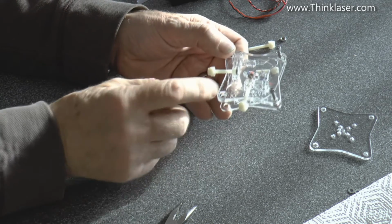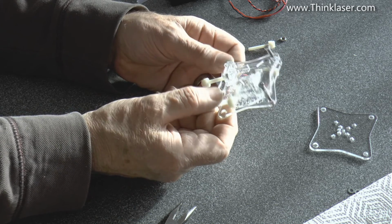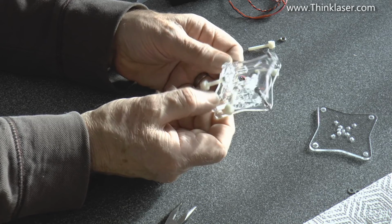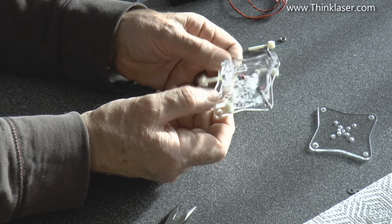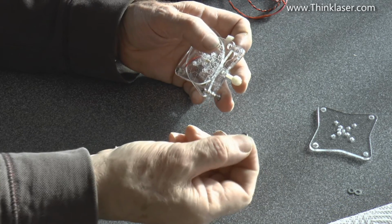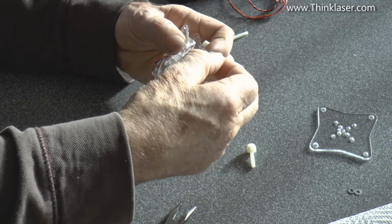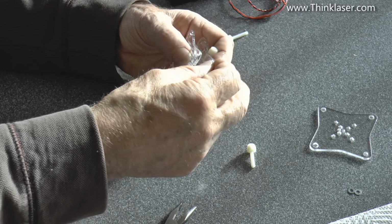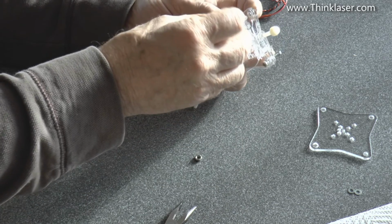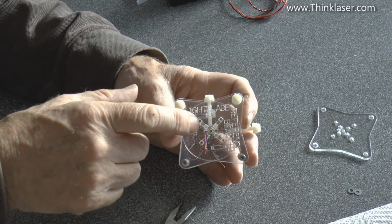Okay, now if you grab hold of these two holes opposite the springs, you should find the whole thing will flex up and down, and you've got a nice little bouncy compression flexi system. There's your other two M4 nuts, and put those behind there. There is a cavity behind there to take the nut. Hold it in the cavity and put your screw through from the front. Okay, so hopefully we've now got a nicely little gimbaled